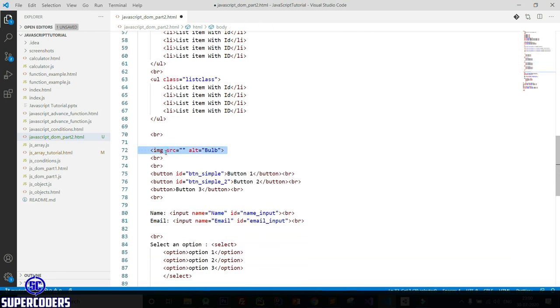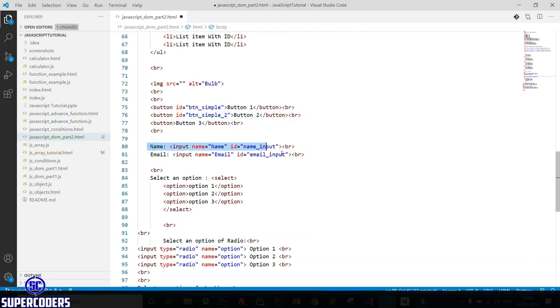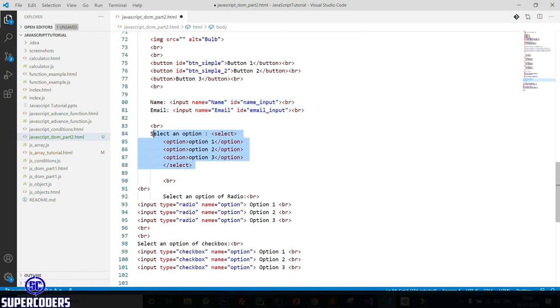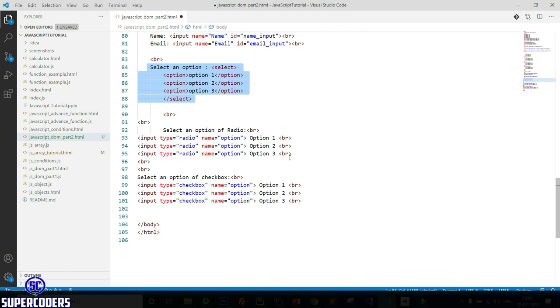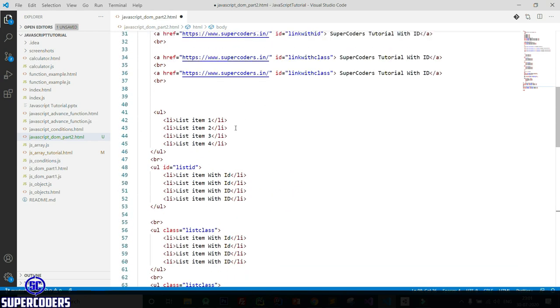Also I created an image, two buttons, then two inputs, then drop down options, then three radio buttons and three checkboxes. So in this tutorial I am giving all the HTML elements, tags which we generally use in our web page. Now using JavaScript we can manipulate this data in our HTML page.